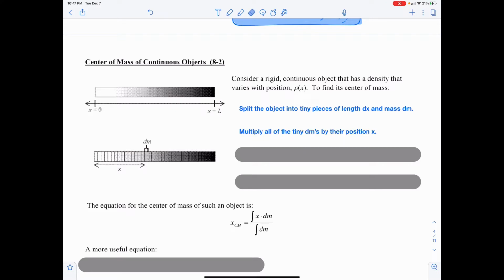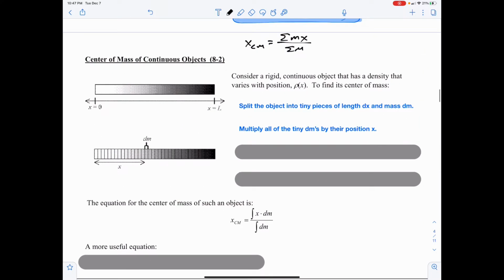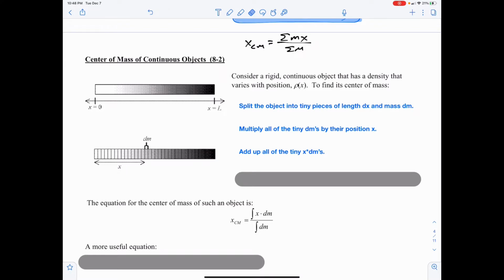You're going to multiply all the tiny dm's by their positions, just like we would for the center of mass calculation. So xcm is normally the sum of all your masses times the positions divided by the total mass. Well, you're going to add all of your little dm's times all the little x lengths of those little dm's. We're going to multiply the dm's times their position x's, and then we're going to add up all of those